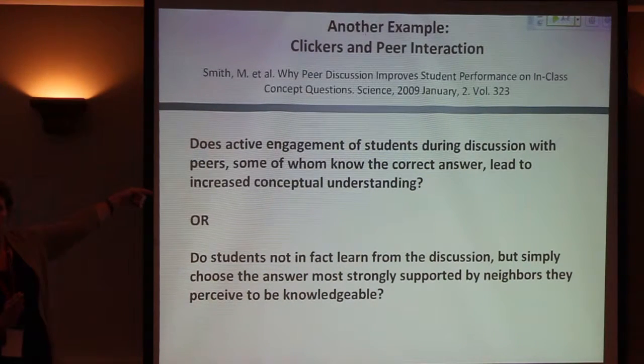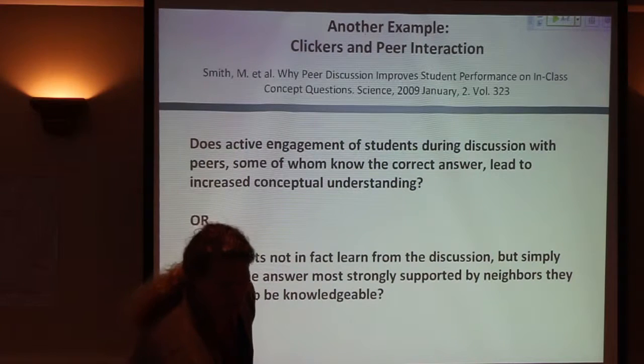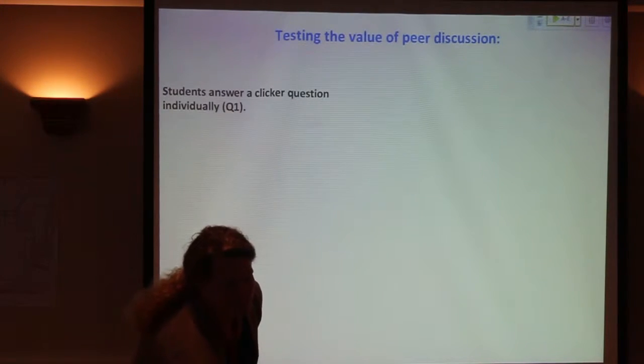We saw a shift towards D after a while. Or do students not, in fact, learn from the discussion, but simply choose the answer most strongly supported by their neighbors? So if I had showed you the answer, you may have gravitated to the wrong answer, for example, and then that would stick in your head. So anyways, they approached this problem, and I can't show you the whole study, but I'll show you something that